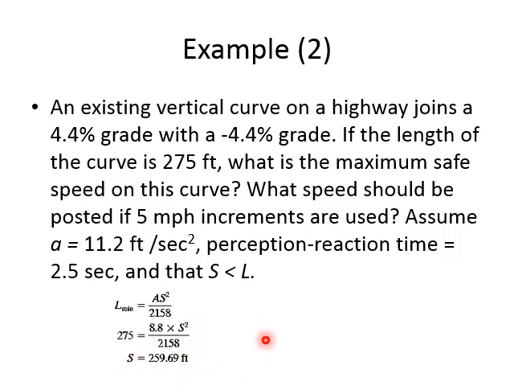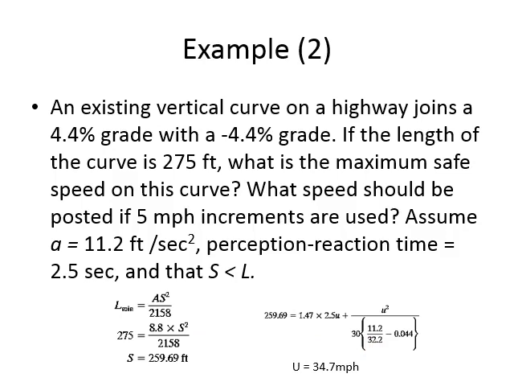Then I have the equation for sight distance. I know the sight distance and I'm trying to calculate U here. So it's a quadratic equation, you have to solve it. Again, like I said, in this condition both gradients are the same, so I'm putting 0.044 here, and it doesn't matter, again with a minus sign. The speed from this comes out to be 34.7 miles per hour.